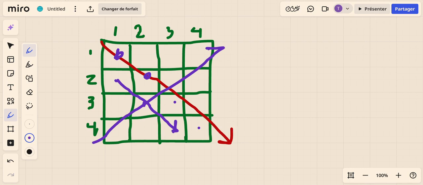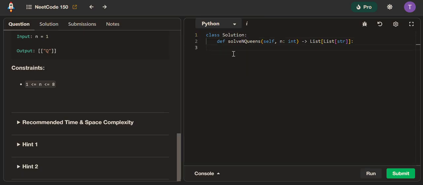Okay, so let's try to implement this in code. Let's see how we can do that. So first of all, what do we know? We know that we want to have a set that will tell us if the value is inside a column. So we're going to say col, and this column is going to be equal to a set. All right, and actually in a row,